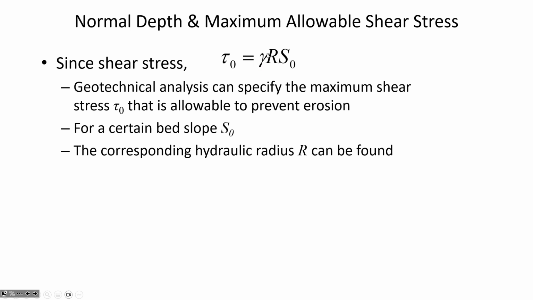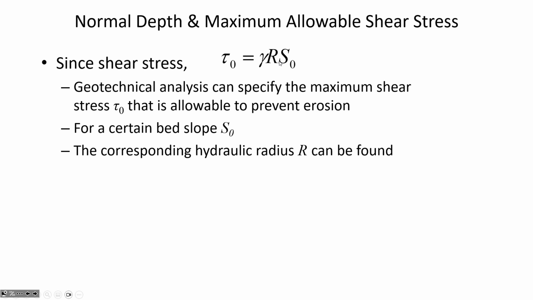And so gamma of water is 9810 newtons per meter cubed. And the slope of the channel is something that we can just go out and measure or estimate. You know, you could do a survey, you could look at GIS data, or if you have streams in a certain region that fall within typical ranges of slope, you could estimate it to try and determine what is going to be the shear stress that's applied by the fluid to the